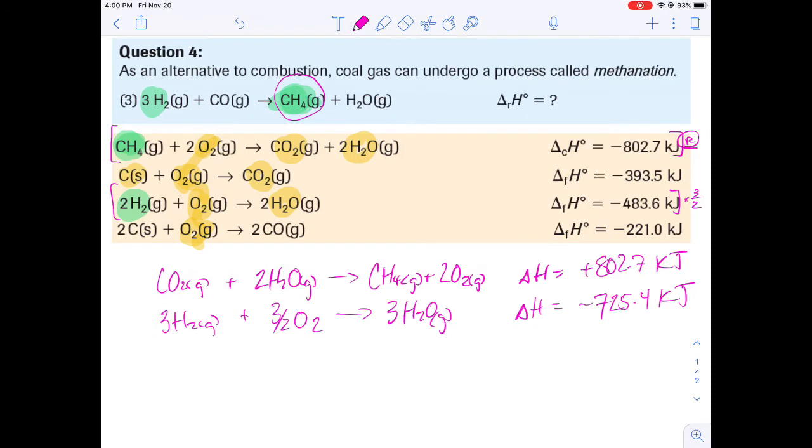And then I'm going to skip down to my next reaction. And in this next reaction, I've got carbon and oxygen. Those aren't great, but I do need carbon monoxide, but I only want 1 carbon monoxide in the reactant. So what I'm going to do is take this reaction and reverse it to get the carbon monoxide in the reactants, and I'm going to multiply by a half. So I'm going to end up getting carbon monoxide gas in the reactants,